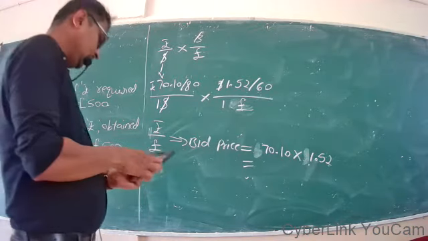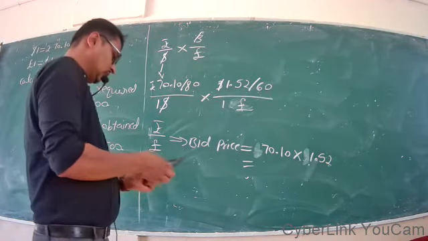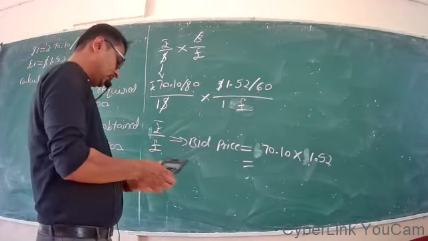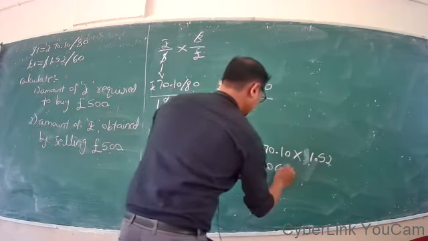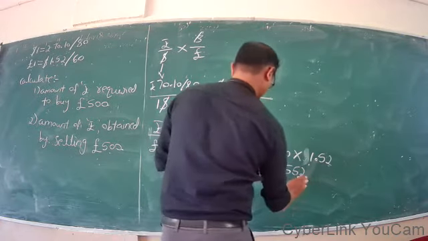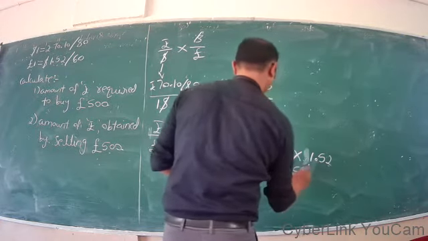So 70.10 multiplied by 1.52 is 106.5555,